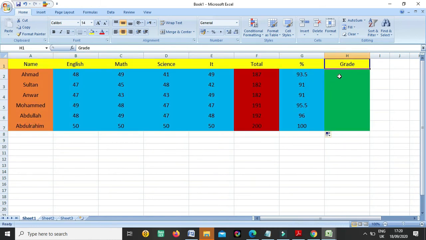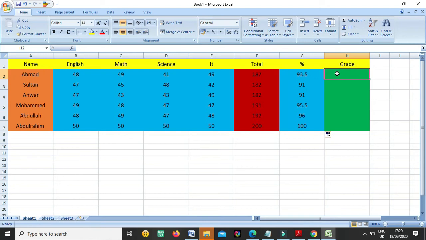Now we come to the grade. For the grade, we have to use a condition. Condition means, suppose I am saying if somebody has greater than 90 percentage, then he will get A plus. If somebody has greater than 80 percentage, then he will get B plus or whatever. Okay, so there is an IF condition in Microsoft Excel, and here I will show you how to use it. If the condition is true, so suppose somebody has greater than 90 percentage, this is our condition. And if the condition is true, what will happen?